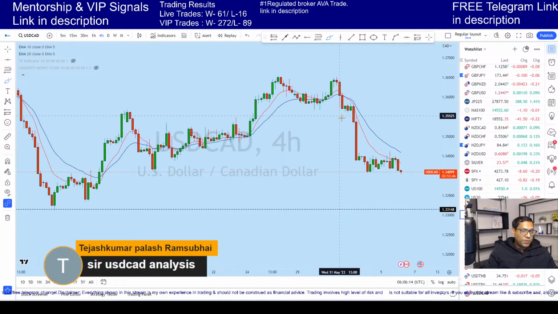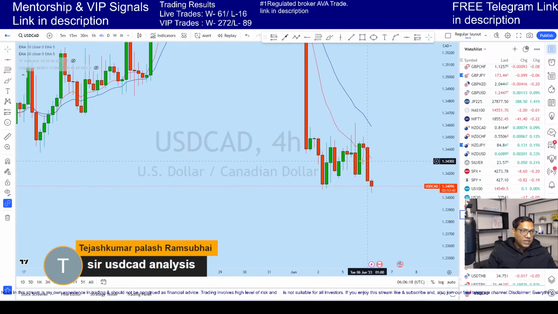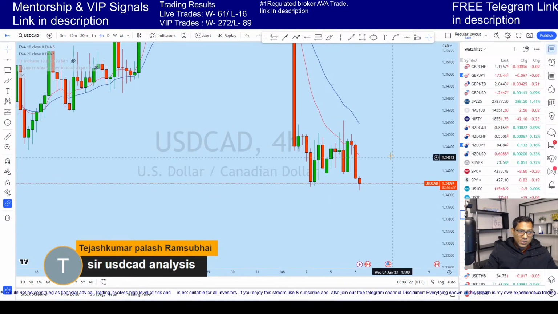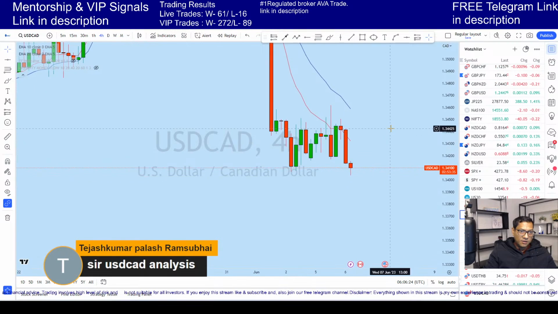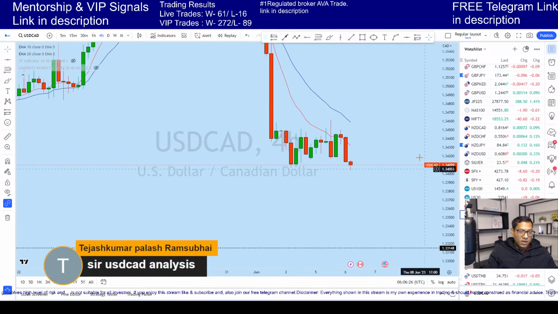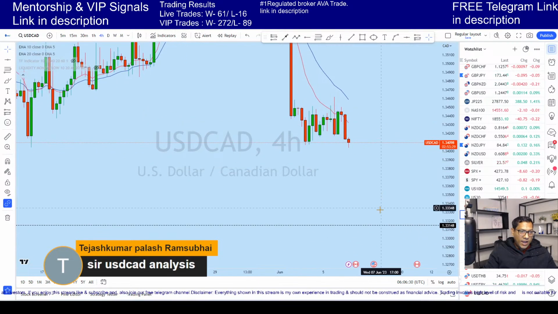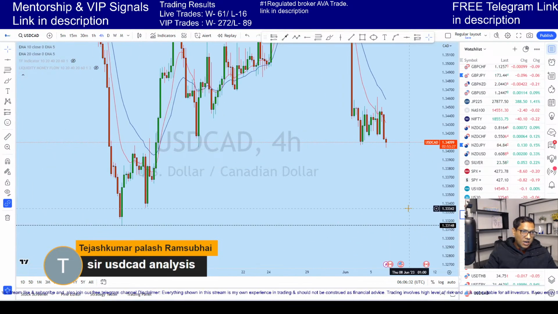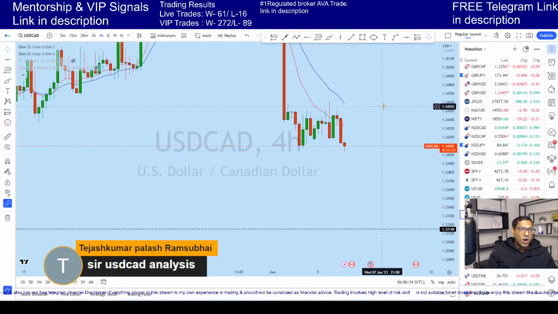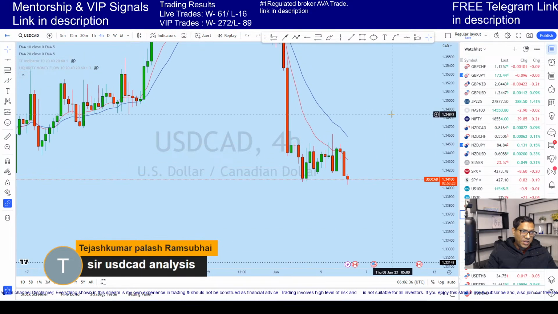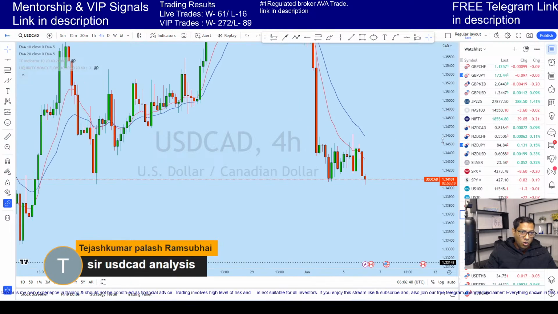Now let me explain why I have taken this trade. We had an initial bullish trade, we closed at entry, and then we sold after this bearish candle, which is now running at around 10 to 15 pips in profit. I'm expecting dollar CAD to reach my TP target around here. Now why did I open this trade? Let me explain. As I mentioned, the trend is my friend all the time.